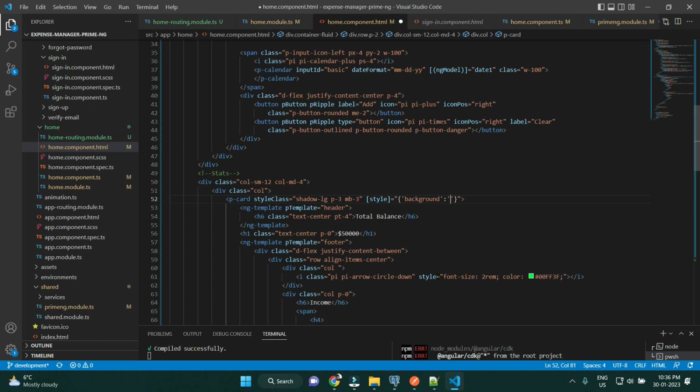And I'm going to use a linear gradient of 150 degrees, and these are the colors which it is going to follow. 46 A1 E6,